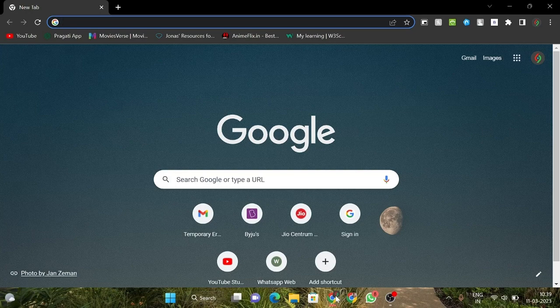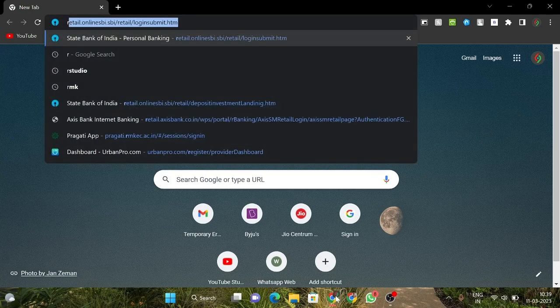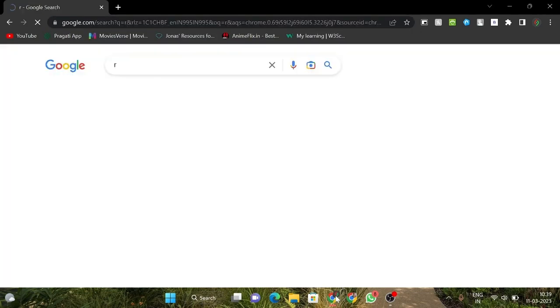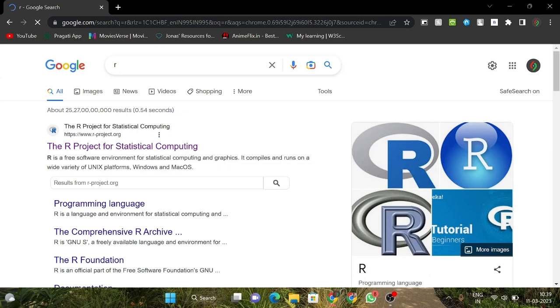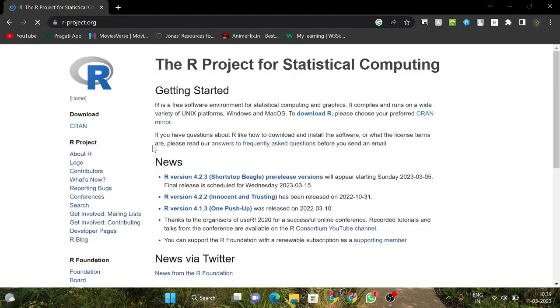First, type R in your web browser and click enter. You will get a first site in your search result naming the R project for statistical computing. Click on it. Here you will see a download option in the left hand side of your web page. Click on the CRAN